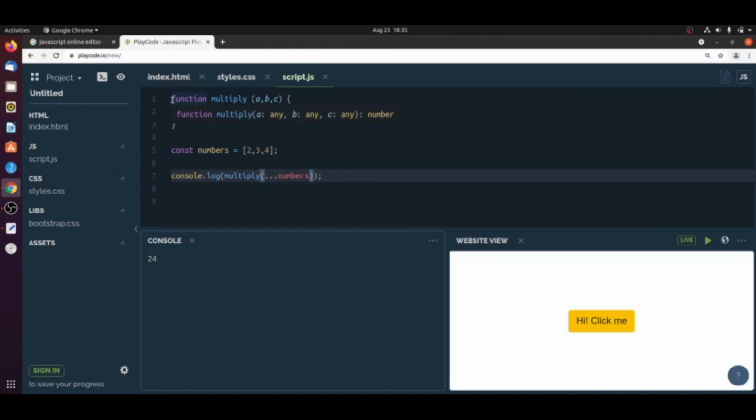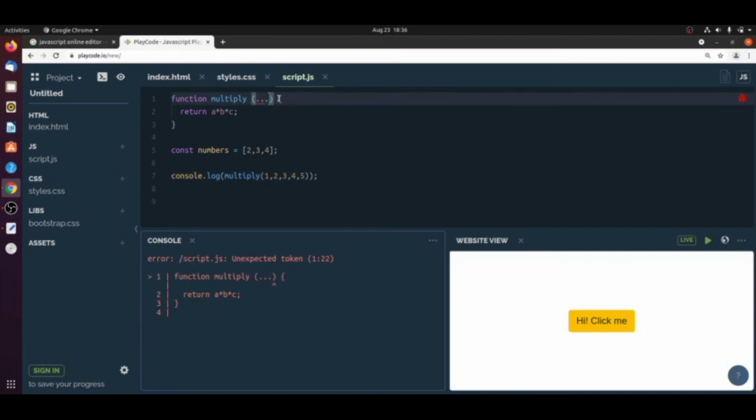Next we'll discuss the rest parameter. The rest parameter is exactly the opposite of the spread syntax. We pass n number of values here and they are converted to one array, and you can do the operation. Let's say 1, 2, 3, 4, 5. I will write here, this is called the rest parameter.